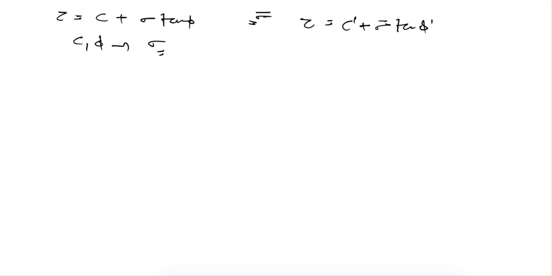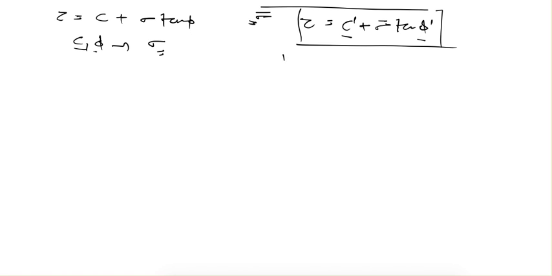Last time we saw that shear strength of the soil is given as C plus sigma tan phi, and here C and phi are the shear strength parameters corresponding to total stress. But later it was found out that the shear strength depends upon the effective stress rather than total stress. So in terms of effective stress, shear strength is given as C dash plus sigma tan phi dash. So here we see that this C dash and phi dash and C and phi are different, and for the same soil we are obtaining different values of shear strength parameters.